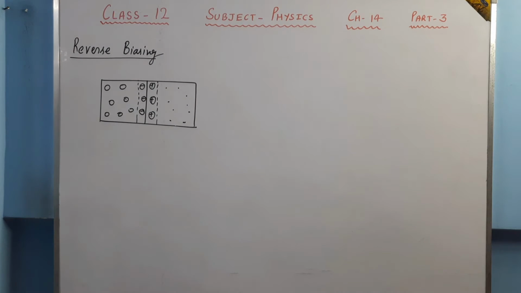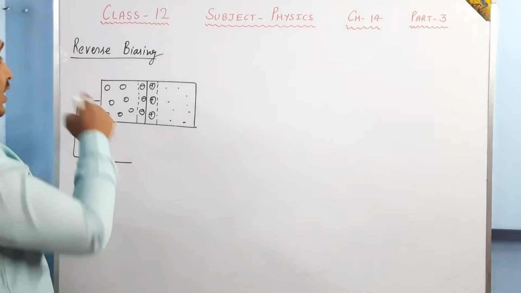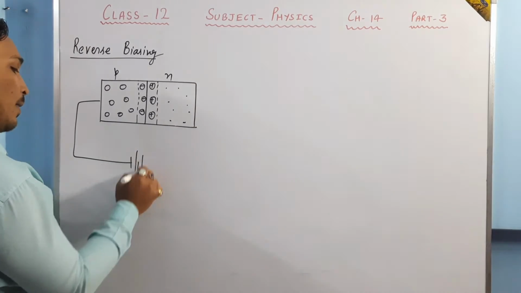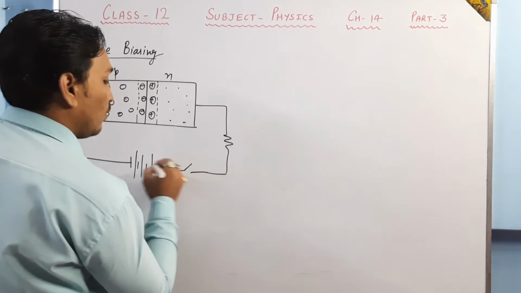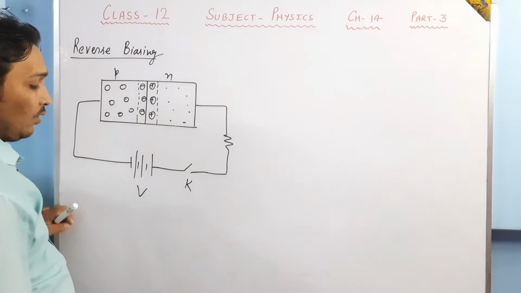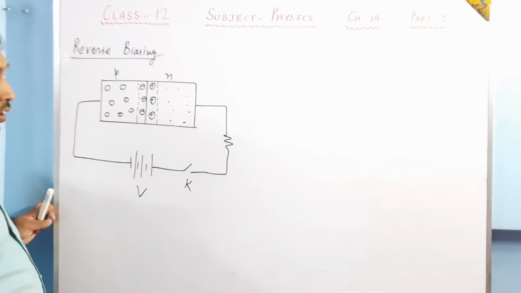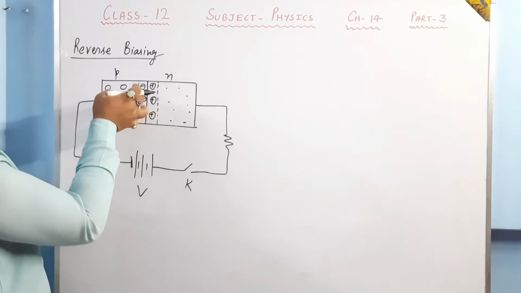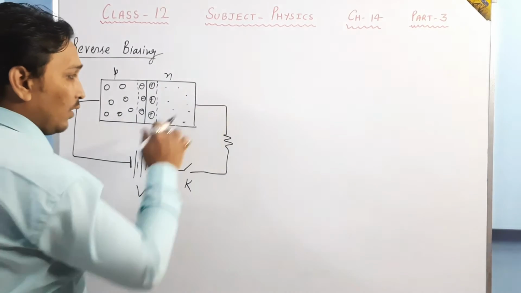Now this unbiased PN junction is connected with a cell, but now it is reverse biasing. So P type is connected with negative and N type is connected with positive. Okay, so this is how the circuit is. Why have I connected so many cells over there? Because in reverse biasing the current is very small. Now what is happening? Because of this negative terminal, holes are pushed away from the junction. Because of this positive, electrons are pushed away from the junction.